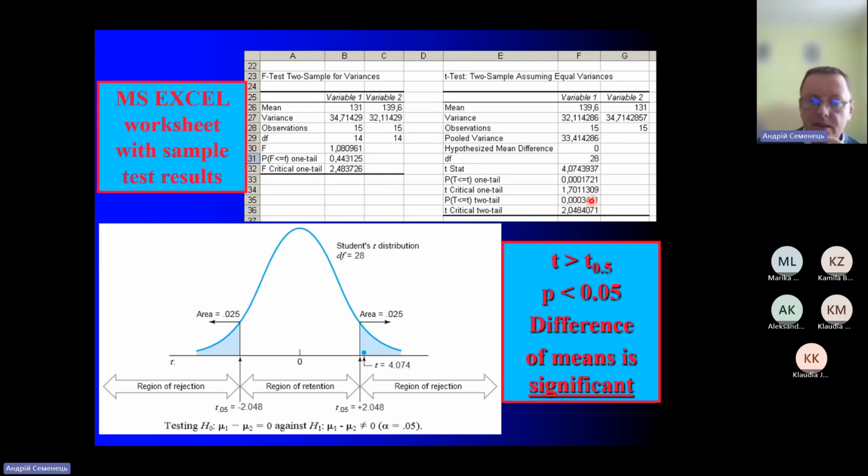Let's check the significance, 0.034. It is much less than alpha, and the test statistic is greater than the critical, which means the difference in means is significant,